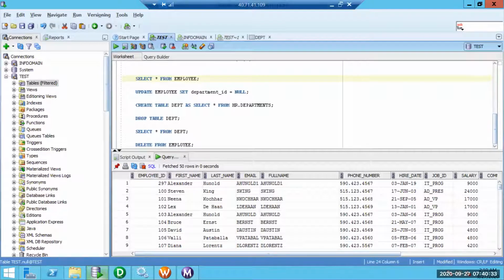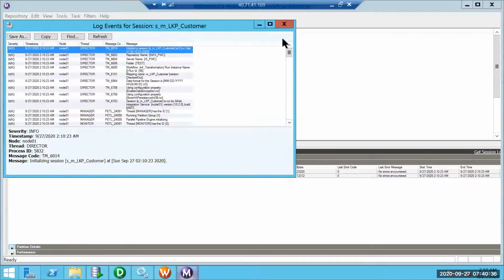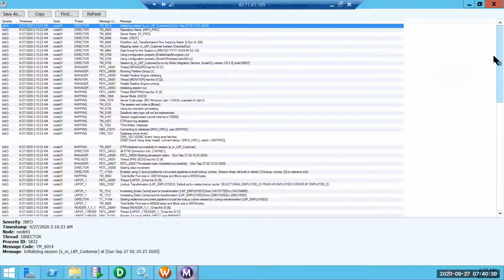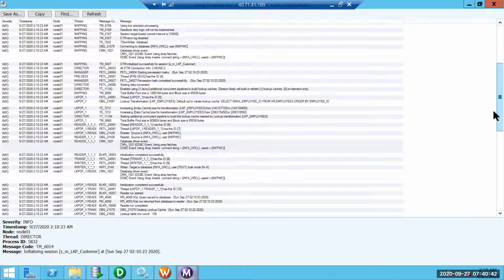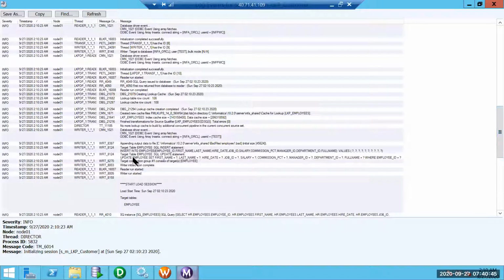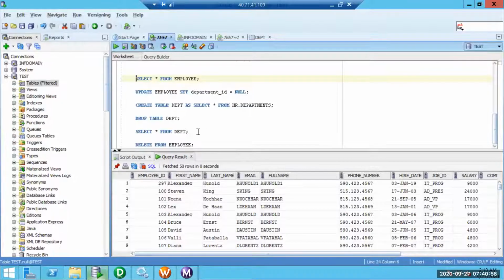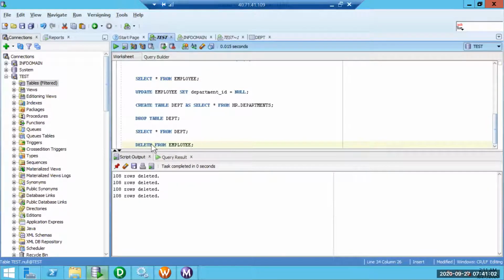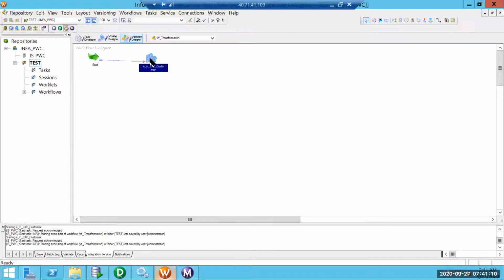Since we did not connect, what happens in Informatica is that it generates an update statement corresponding to only the columns we have connected, for the upsert statement and even the insert statement. If we see the update, it is not setting email as well as phone number. Let me try manually. I'll delete the data, commit it, and run the session. After running the first time, it is not going to populate any value for those two columns.